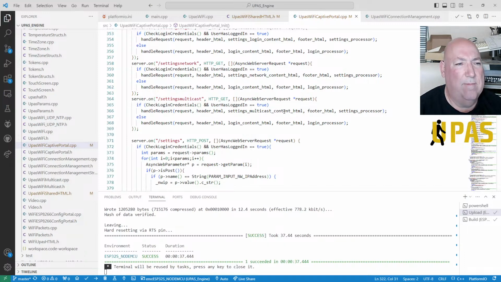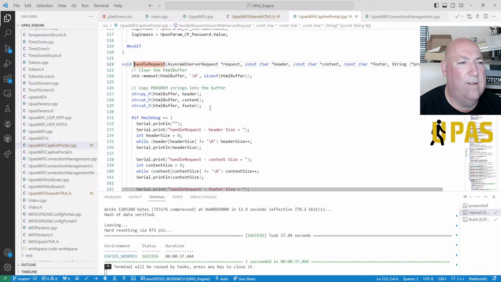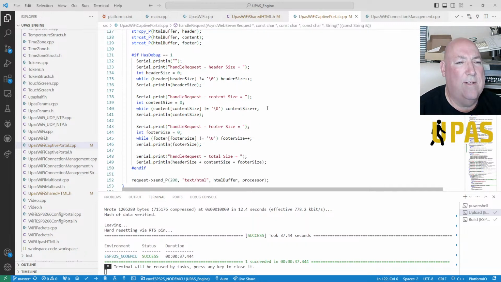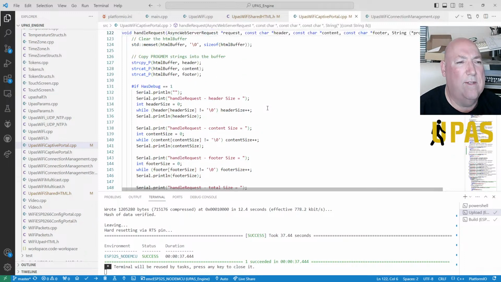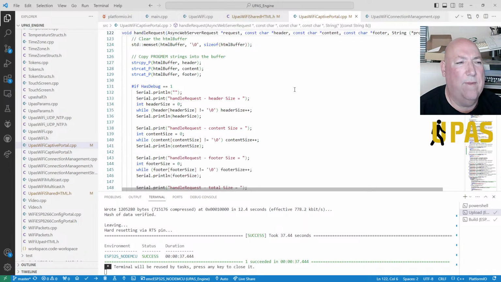I'm going to have to look at this, aren't I? Let's go to that definition and find out. It's just going to copy the content from the. Yeah, so we can't actually add content with this one. This is using predefined content, so we need another routine